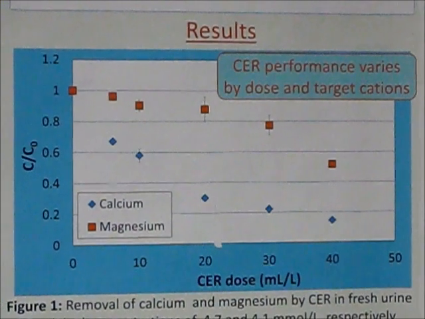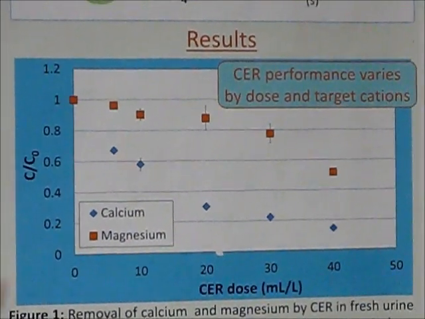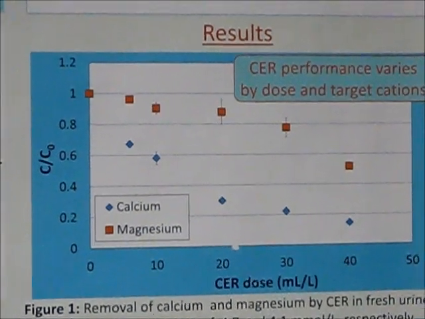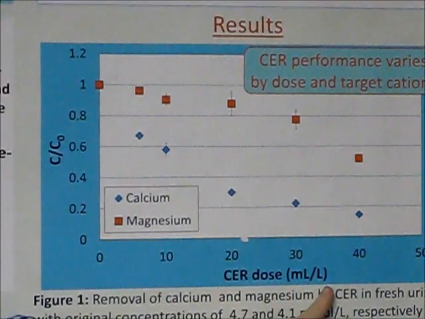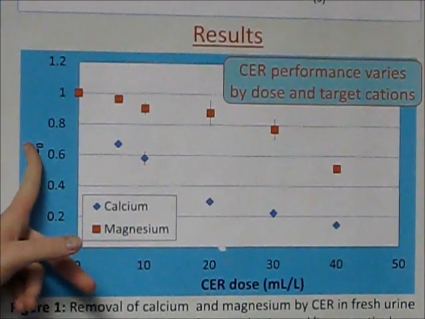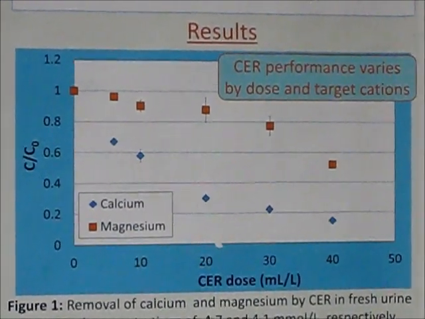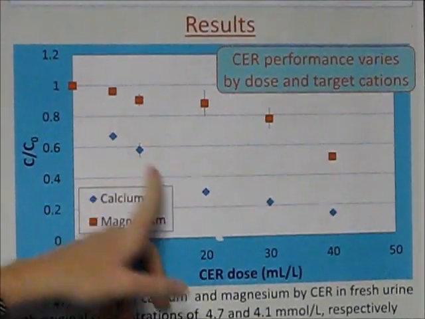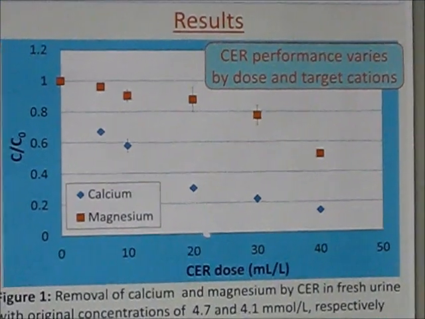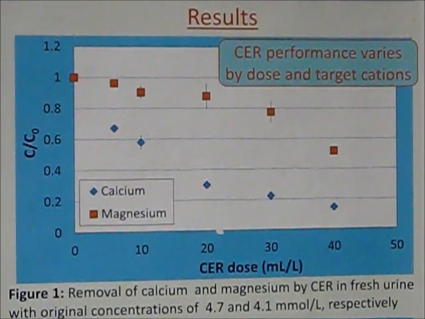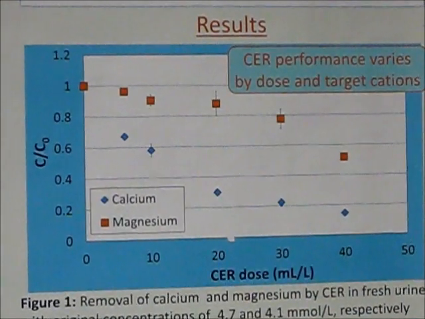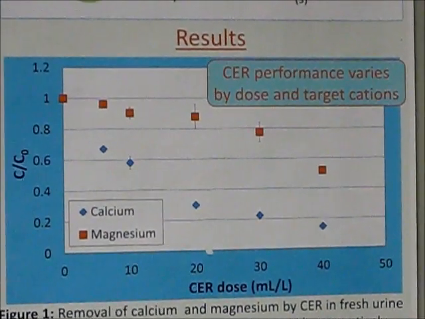So this is the first results graph from the first part of the experiment. You can see on the x-axis the CER dose in milliliters per liter, and on the y the calcium concentration over initial concentration. You can see that calcium has very good removal along the range of cation exchange doses. The initial calcium concentration was about 4.7 millimoles per liter. You can see at the highest dose of 40 milliliters per liter, only about 10% of that calcium is remaining